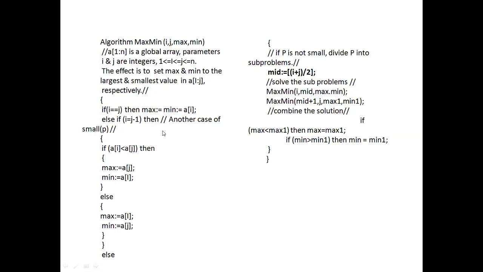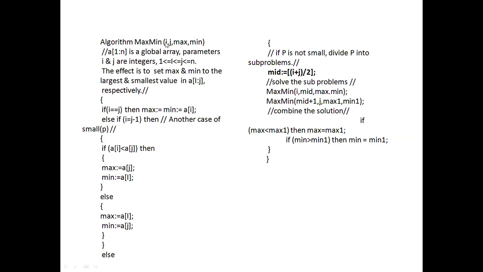That is the meaning. Okay. Now, how do you know the problem is small or not? You go back to what we discussed about the control abstraction. First of all, check whether the problem is small. If small of P, that is, how do we know here the problem is small?